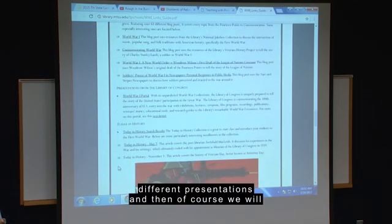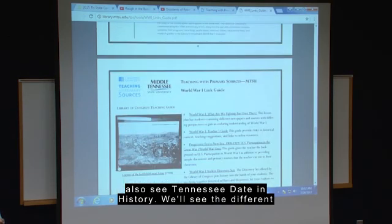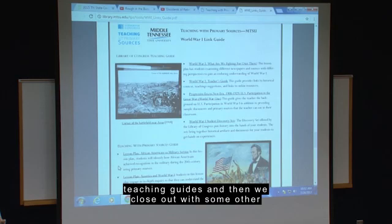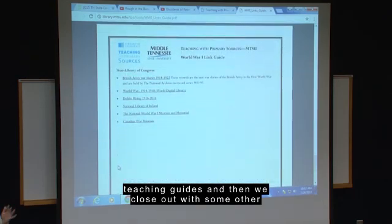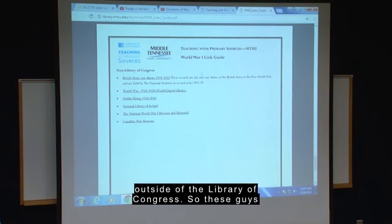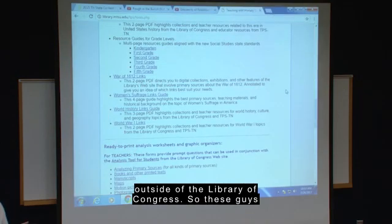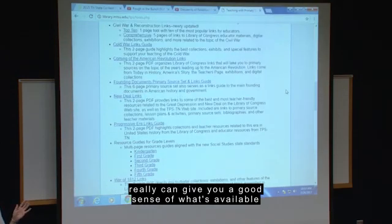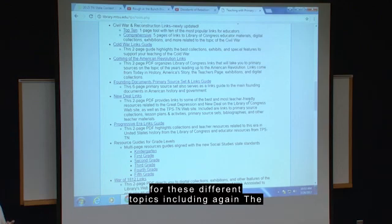They'll have different presentations, and then of course we'll also see Today in History. We'll see the different teaching guides. And then we close out with some other websites that have really good World War I resources. These are things outside of the Library of Congress. So these themed guides really can give you a good sense of what's available for these different topics, including, again,